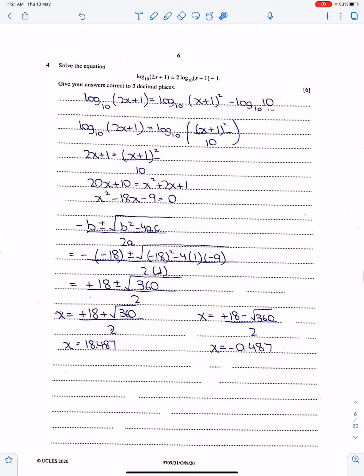Now, since we have single log here and here, therefore we can equate their functions. Never cancel these two logs, never. Just equate their functions. When you will equate these two, you will get this quadratic equation. So by using calculator and by using quadratic formula, we have two answers. Give your answer up to 3 decimal places. And both the answers are fine.